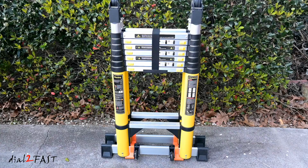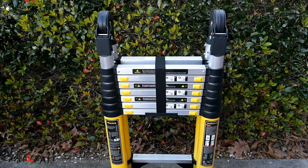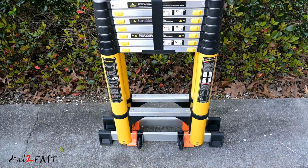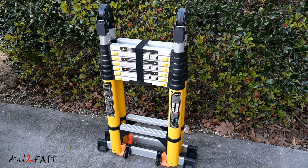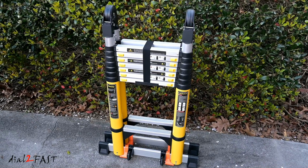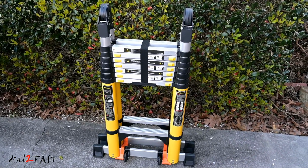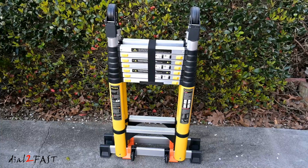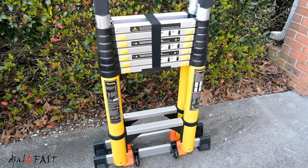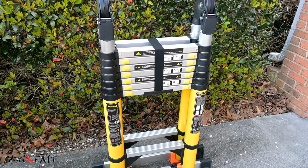So let's go over some of the specs on this ladder. This ladder weighs 50 pounds, so it's not super light, but with the wheels, you can move it around quite easily. And while it's collapsed in this form right now, the height is 3.2 feet. When you fully extend it, the height is 20 feet. The width of the ladder without the stabilizer bar is 18 inches wide. Including the stabilizer is 27 inches wide. Each side of the ladder has 8 steps or 8 rungs,